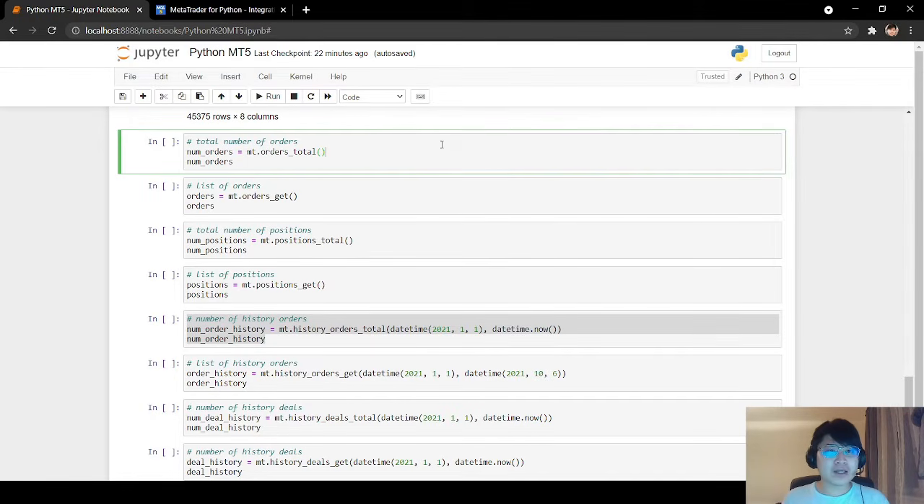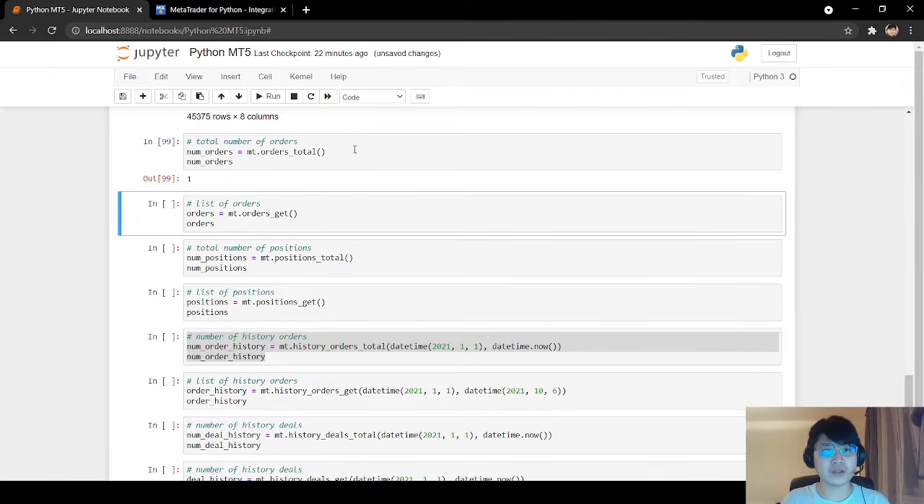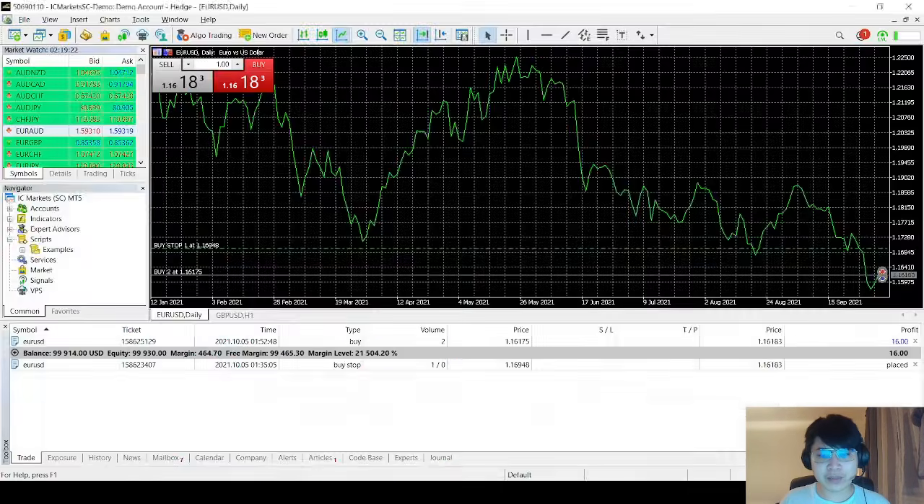Now we are getting to the interesting part where we can interact with the platform in terms of orders, history, and sending trades through the market. So to get the total number of current orders, we can use mt.orders_total, and that will return the number of open orders. So we see that this returns 1, and if we check the platform, we have 1 buy stop